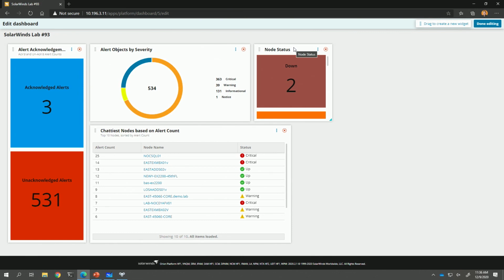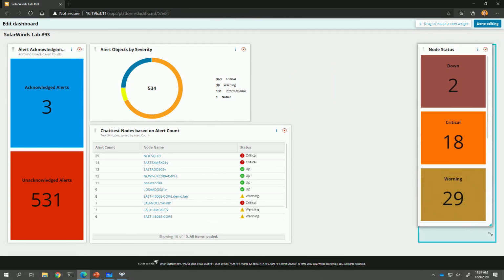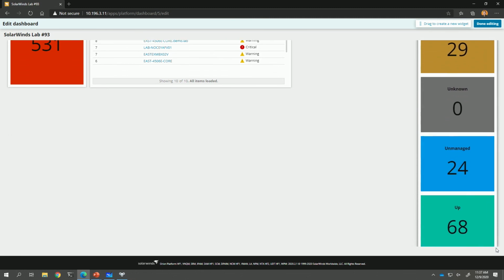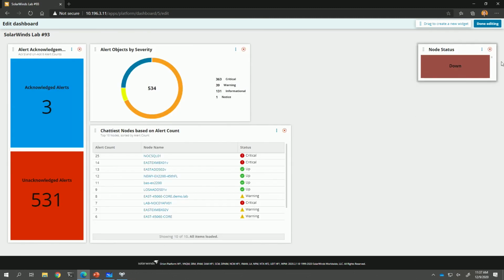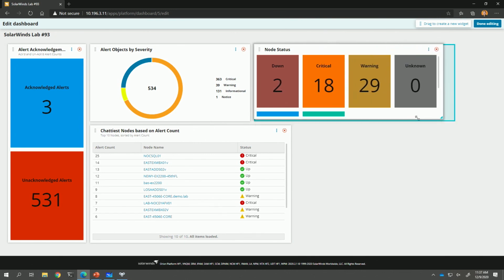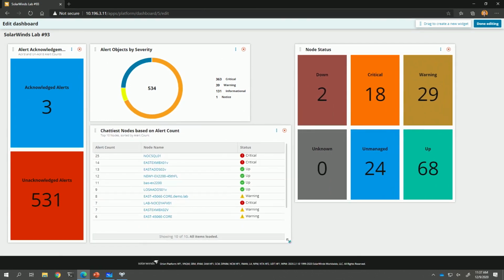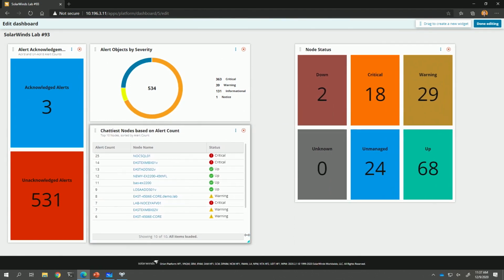I totally do that. Now that it's on my page, if I really want to customize it more, I can continue to edit. But since multiple people can go and make these changes, it's great that you can just have someone build a dashboard that you really like and say, you know what, that is fantastic, and I like it so much, I'm going to use it. Well, this one doesn't work so great vertically, but you get the idea. You can basically use these in any way, shape, or form. So let's see, there we go. Let's go 3 by 2, and I think we can probably shorten this a little bit and still get all the information. Nice.